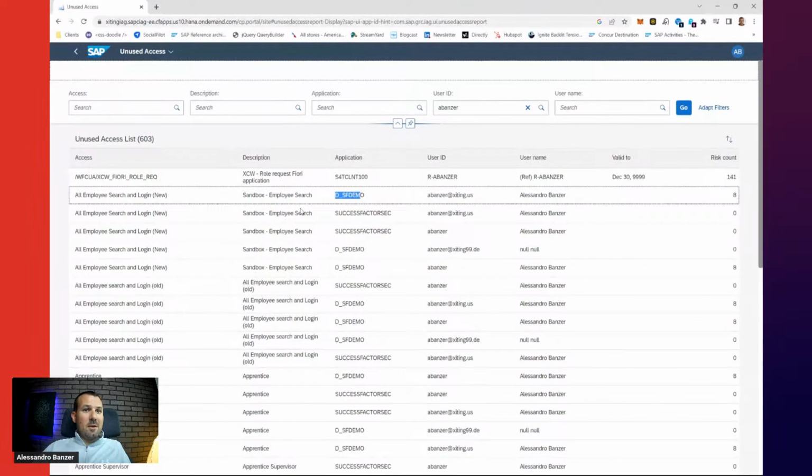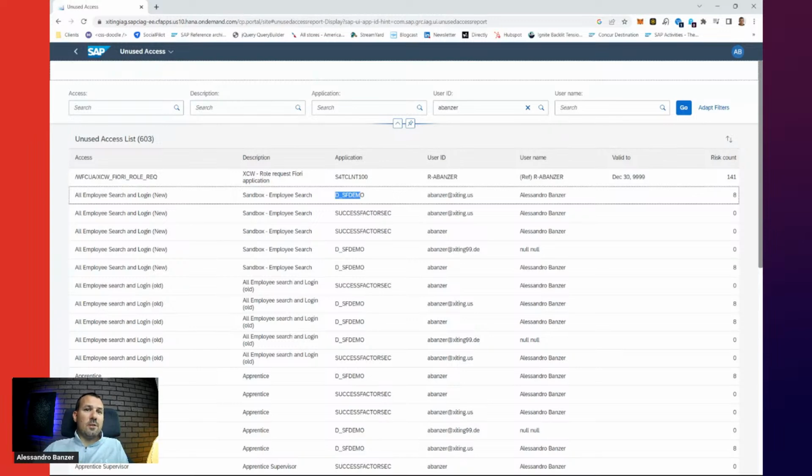We always have to be a little bit careful, especially in the ABAP world, because what it's basically doing is reading from the statistical usage data, ST03N. It's similar to the action usage report in access control, and it looks into the role, what transactions are in the role, and whether I have used any of those transactions or not. That's what transaction usage, or unused access, means. That doesn't necessarily mean that the role is not required.